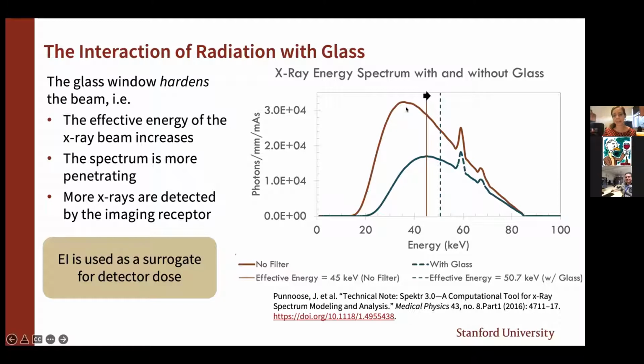So here's just a model of an 85 kV beam with no filtration. This red vertical line is the effective energy of that beam. When we apply the glass filter, a 1/4-inch glass filter, we can see that the overall fluence has decreased and that this dashed line here is the effective energy for this new spectrum, which is in blue, and we see that it has increased. So to look at the radiation dose to the imaging receptor, we used exposure index as